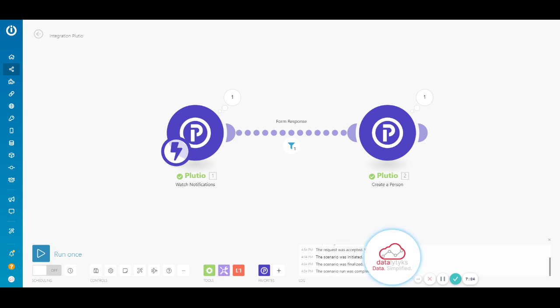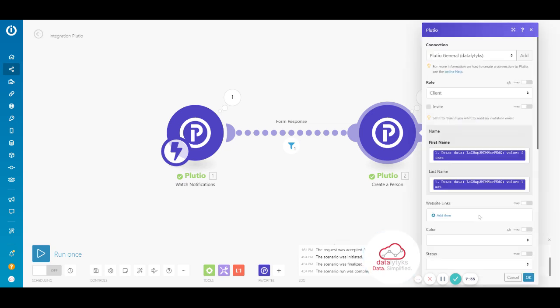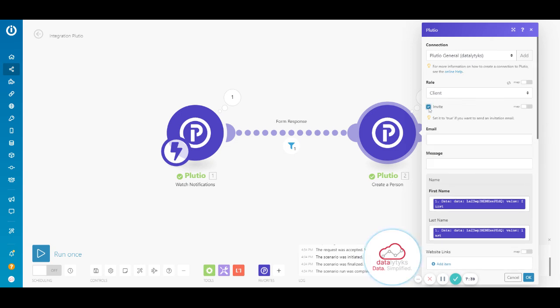Now again, I didn't select any of the other custom fields. I also did not allow Integromat to invite them by default, which you can do by selecting the invite option right here. You can undo this, unmap it, and then invite if you'd like. You can also then designate the email you'd like them to be sent to, and the message if you'd like to include a custom message that's not the default for your Plutio invite, which is in settings,